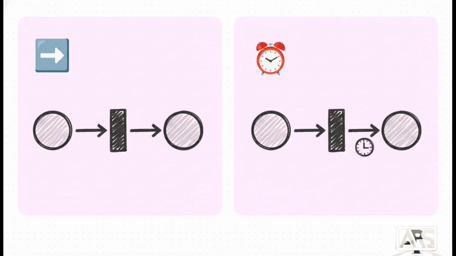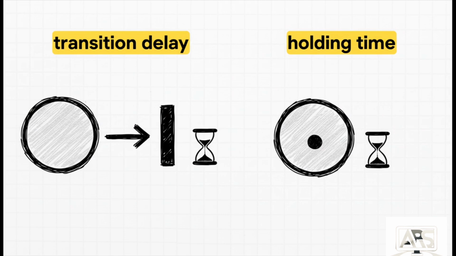But a timed Petri Net, now that tells you when it can happen. This is a huge leap because now we're modeling the actual delays and holding times that make or break real-world systems. And what's so cool is how flexible this is. You can attach time to the action itself, saying, this move desk action takes 5 minutes. Or you can attach it to the condition, like a part has to wait in quality check for at least 10 minutes. Both are really powerful ways to capture how things actually work.